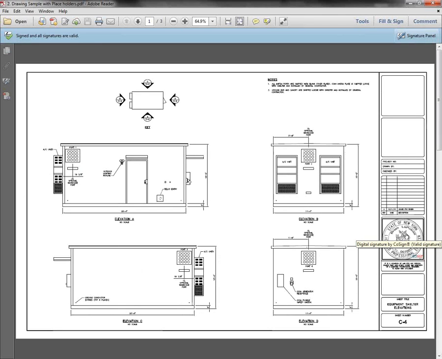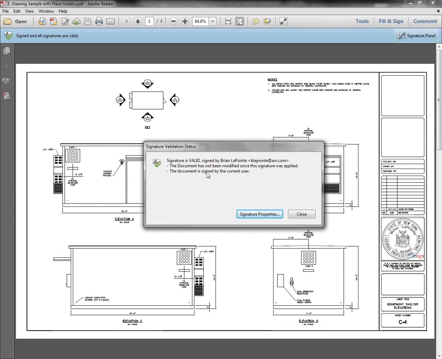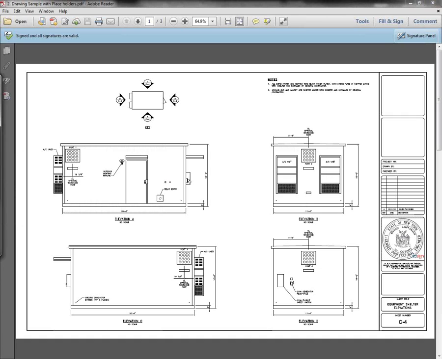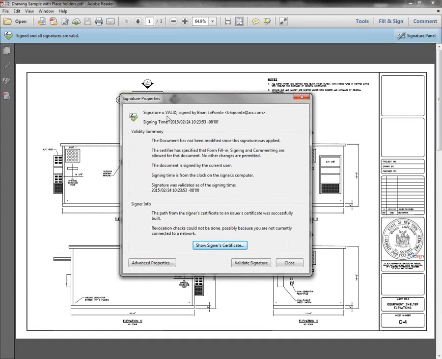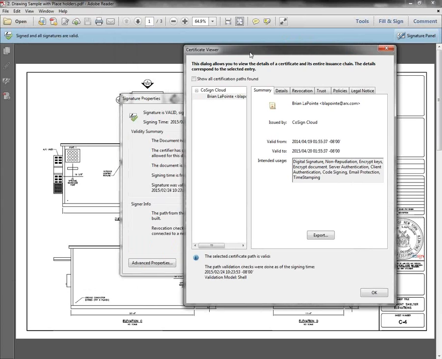You can see that I have the signature field right here, and I can now click on that, drag it over. I'll take a closer look at the properties, and here's the certificate right here where the signature is valid, signed by Brian LaPointe, so that's the identity of the signer. Here's when I signed it. I just did it recently, and nothing's changed. If I want to look at the certificate, this is what a digital signature certificate will look like. I am running 2 screens here. When I open these up, they appear on my other screen. But essentially, here's my individual certificate that's now embedded with the document for the life cycle of the document.